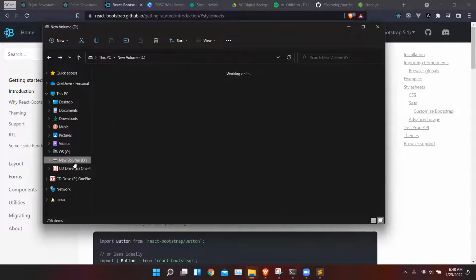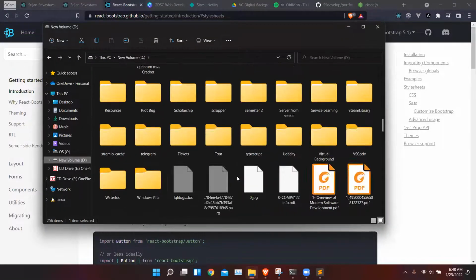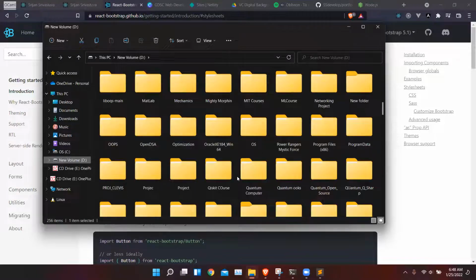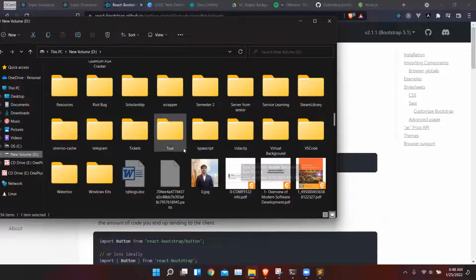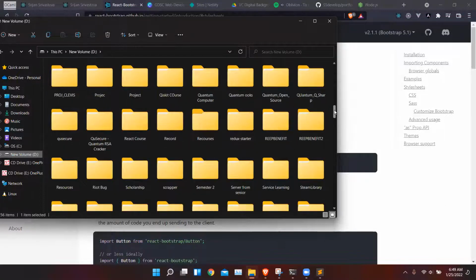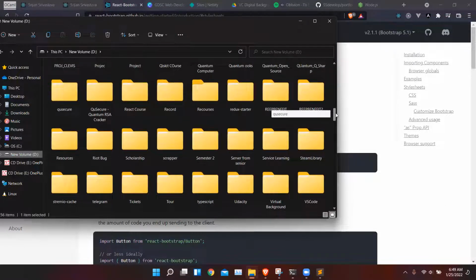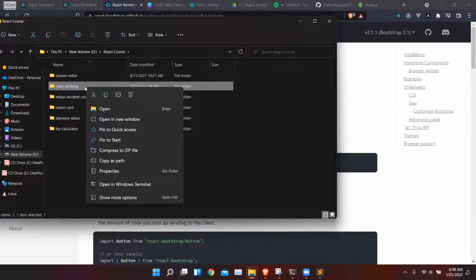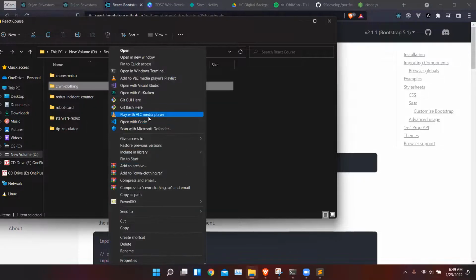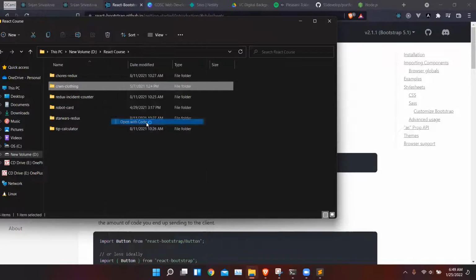I'll give you an example. For one of the companies that I worked for, they asked me to do CSS from scratch. I'm not allowed to show their code, so let me go to one of the React courses. This is an e-commerce website I'm working on as a side project. So if I open this,